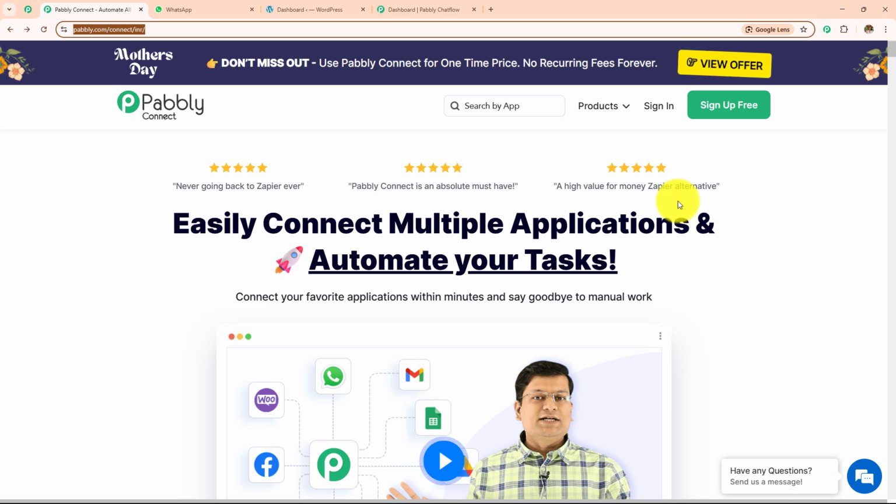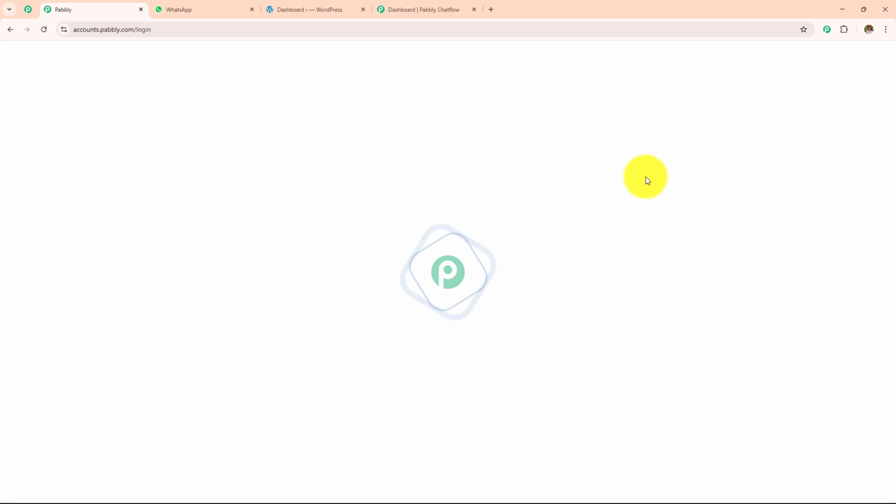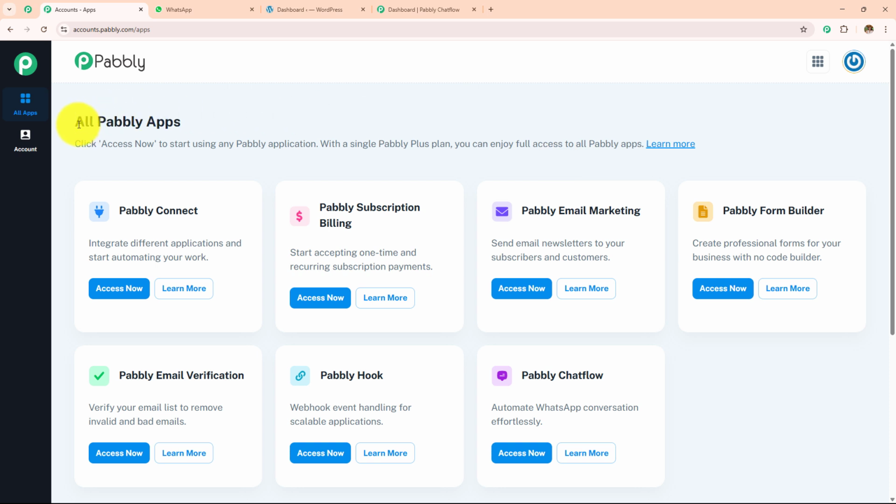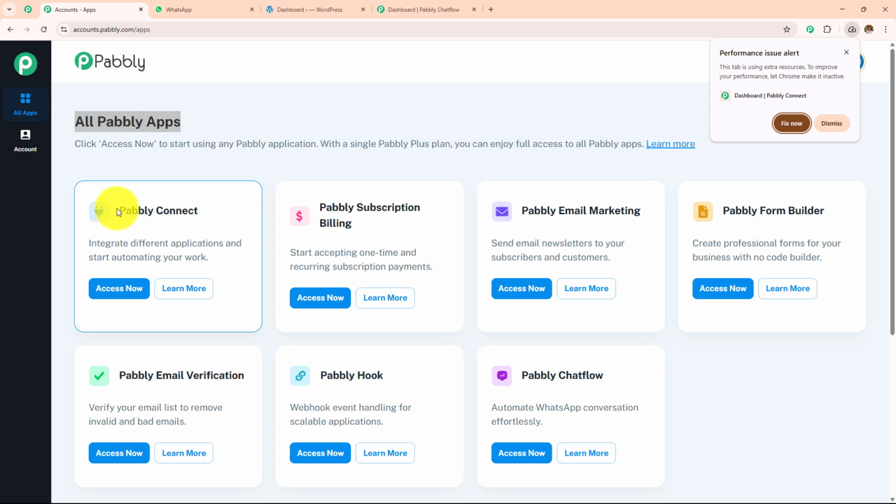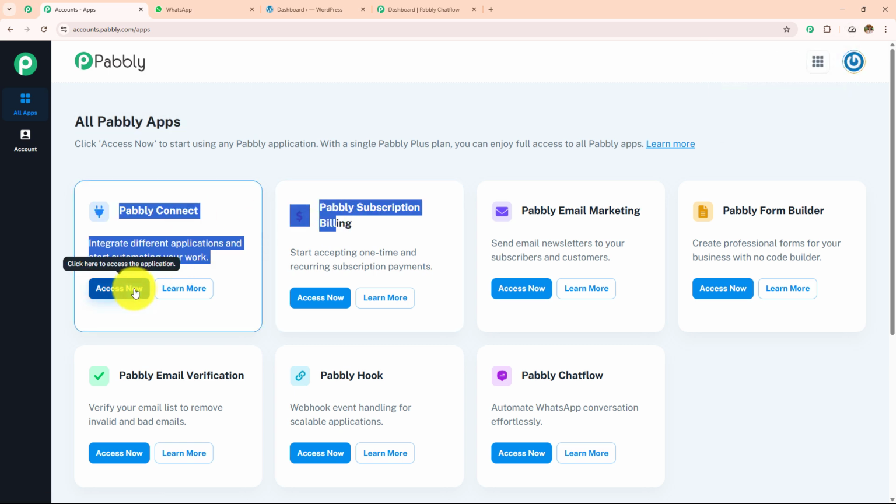On the top right corner, you can see two options: sign in and sign up for free. If you are an existing user, click on this sign in, and if you are a new user, click on this sign up for free, and this will give you 100 tasks free on monthly basis. As I'm an existing user, I'll click on the sign in, and here all Pabbly apps page has appeared, which is showing me all the Pabbly applications. I'm going to click on this Pabbly Connect Access Now,